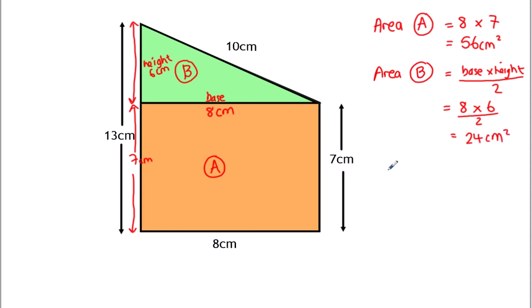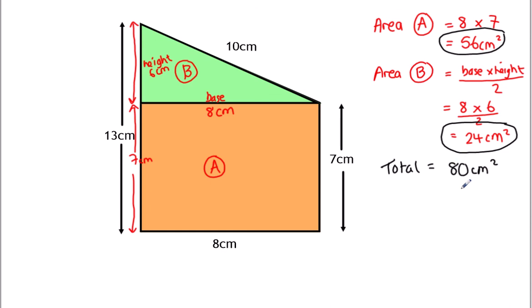And then if I add those two up, so the total is the 56 for the rectangle and the 24 for the triangle, which makes 80 centimeters squared altogether. And if you wanted to do perimeter as well, so perimeter, if we work our way around the outside,